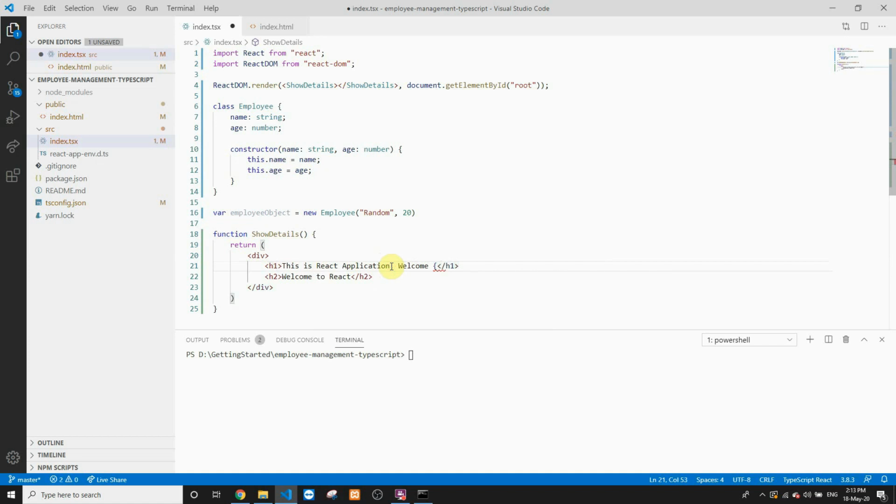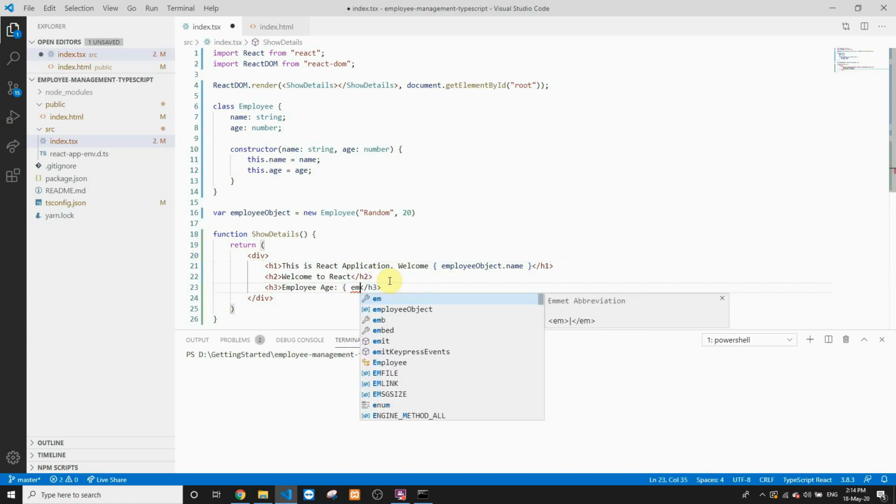So opening and closing curly braces, and inside these curly braces I'll put employee object dot name. I'll add another h3 tag over here, and in this h3 I'll add the age of this particular employee. I'll again put curly braces and say employee object dot age.